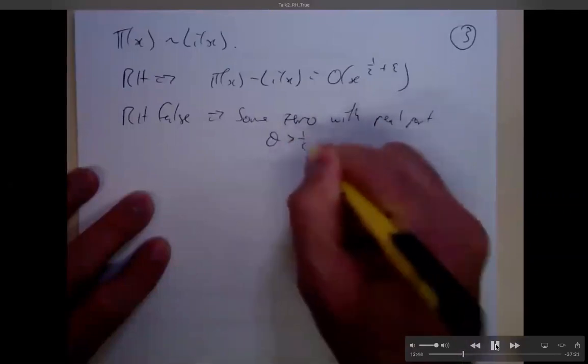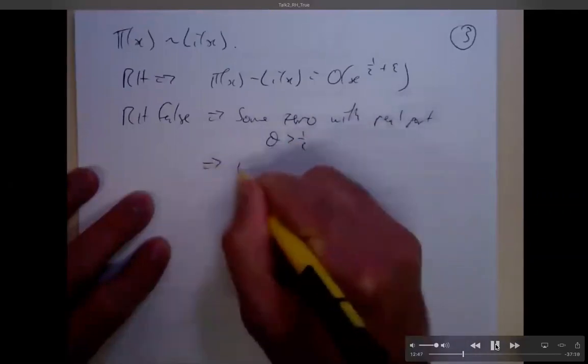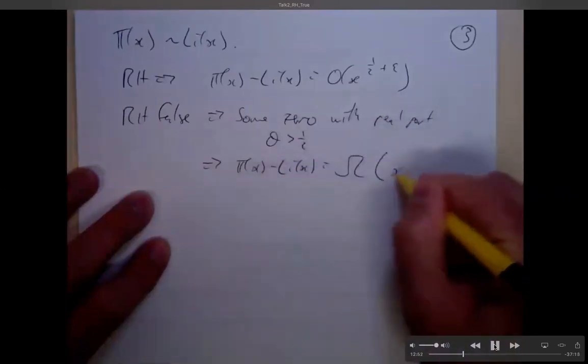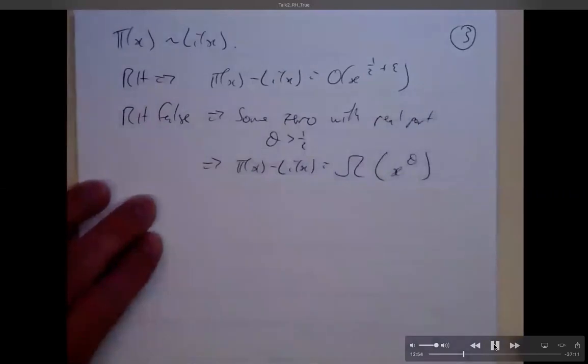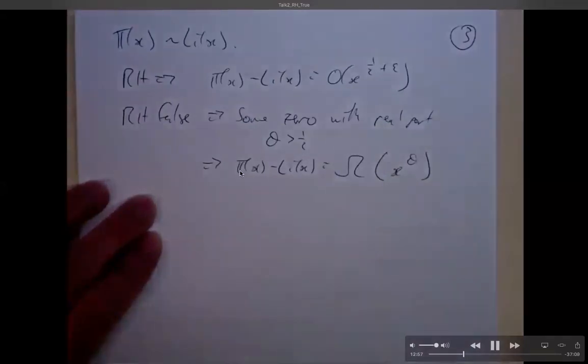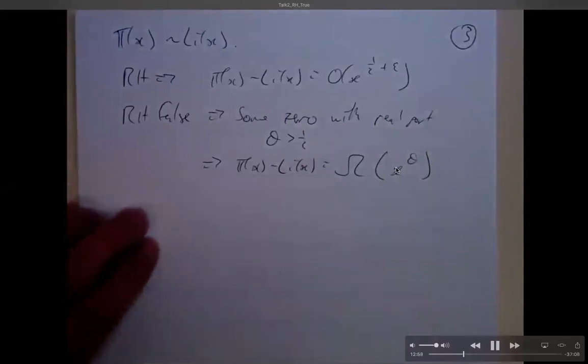If the Riemann hypothesis is false, okay, I don't want to live in a world where the Riemann hypothesis is false, but let's just say it is false. What does that mean? Well, by definition, the Riemann hypothesis being false means that there's some zero with real part theta bigger than a half, like pick your favorite number bigger than a half and less than 1, like 0.7 or something. So there's some zero with real part bigger than a half, and this thing gets big. Let's not worry about what this symbol means. This side gets big. Pi of x take li of x is huge. So what this actually means is that this side divided by this side doesn't tend to 0.